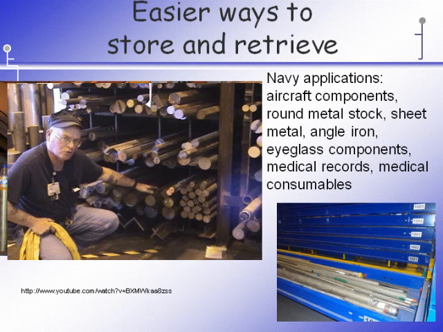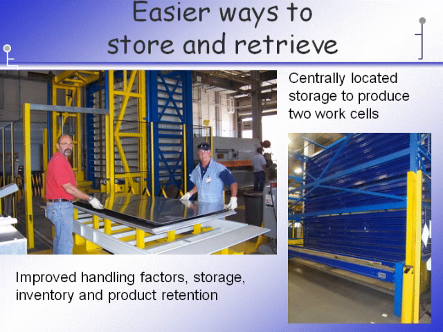What you see in the first picture is the gentleman showing you the round stock, which is extraordinarily heavy, between 90 and 125 pounds apiece. If he has to get a piece of round stock out that's at the bottom, he has to move all these other pieces out of the way. So the solution that we put into place is really similar to this solution here,